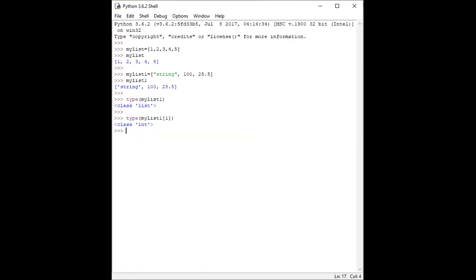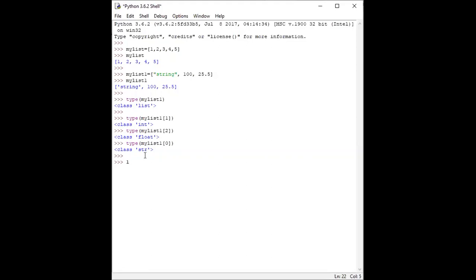Value 1 is an integer, where 1 means the address in the list of objects. The string is at address 0, the integer at address 1, and the floating number at address 2. Similarly, if we check the second address value, the type is floating number. And if we call address 0, it is a string. This way we can check the different data types present in our list.